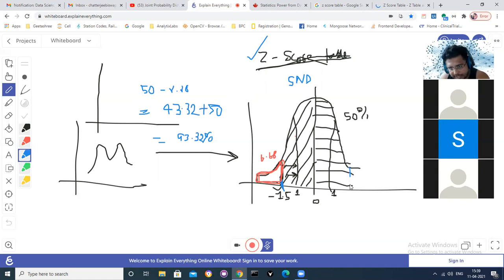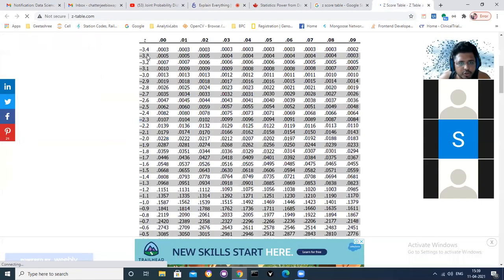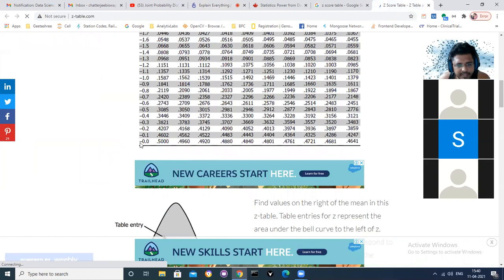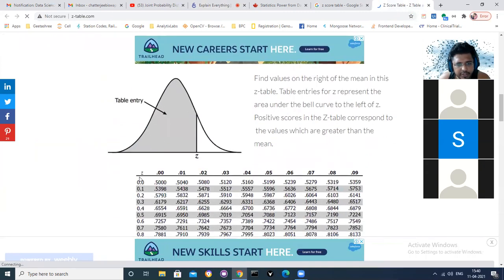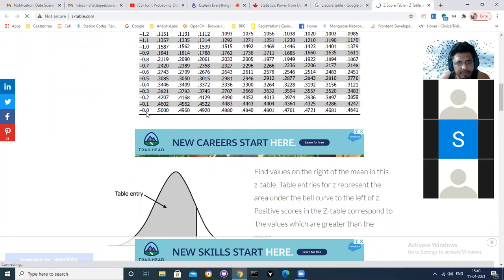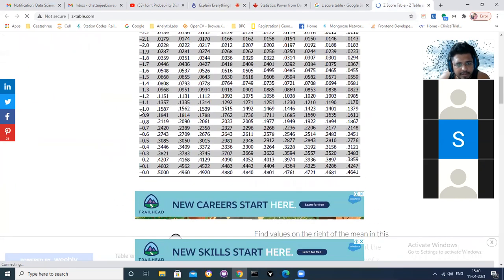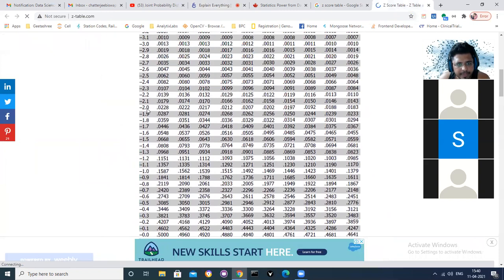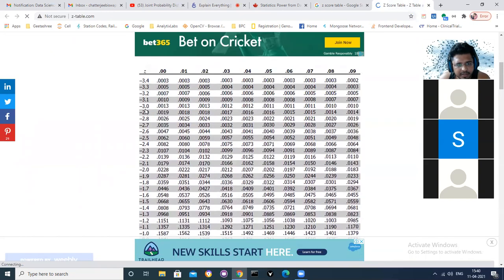Similarly, I could have done this for this side also, right? I could have seen for it, so it is minus 3.4 to plus 3.4. So that means how many standard deviations has it given to me? Minus 3.4 standard deviations, right? So this is the mean, minus 0.0 and plus 0.0 is the mean, right? From here, minus 1 is the first standard deviation, minus 2 is the second standard deviation, minus 3 is the third standard deviation, and a little more it has given, right?